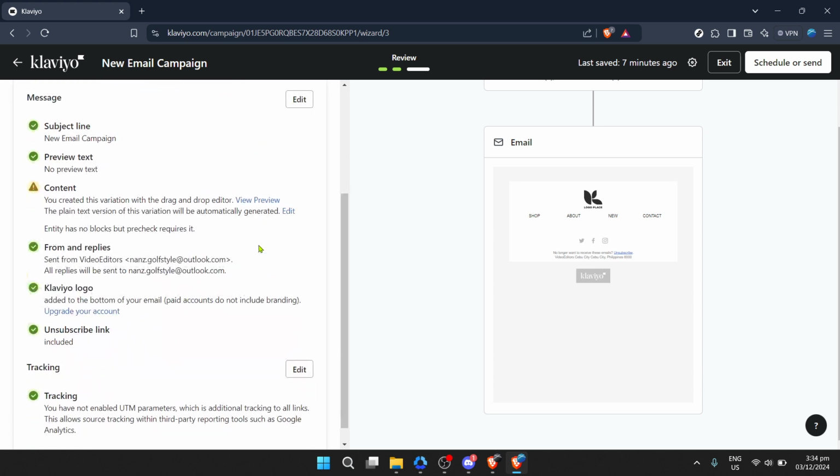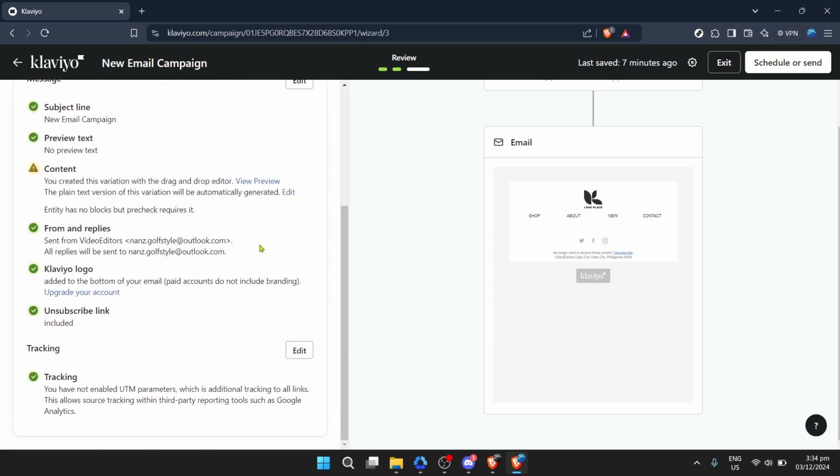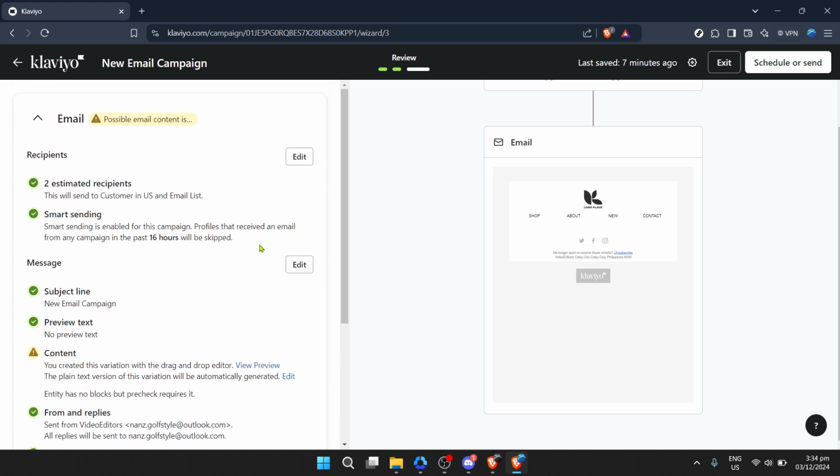Once you're satisfied with the design and content of your newsletter, it's nearly time to send it off into the world. But don't rush. First, preview your newsletter to ensure everything looks as expected on both desktop and mobile devices. It's also wise to send a test email to yourself or your team for a final check. Catching any typos or design misalignments before your subscribers do is crucial.